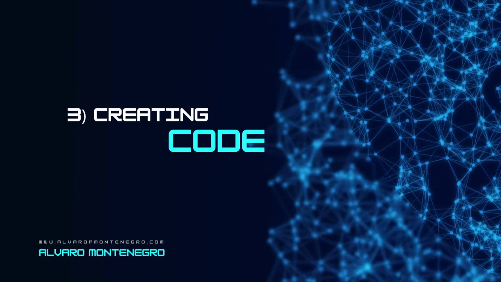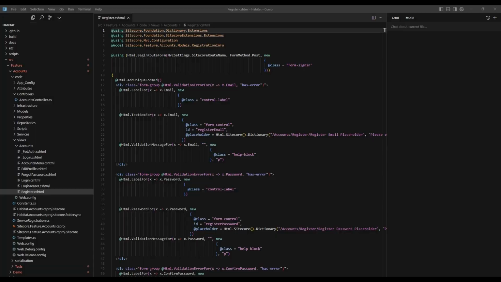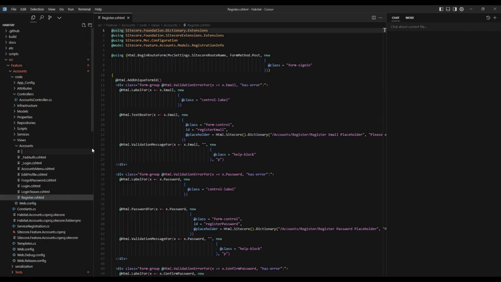Okay, the third use case is using it to create a basic code for controllers and views. I often need to create controllers and views for my features, and Cursor helps me creating the initial structure. This saves me time and allows me to focus on other important aspects of my development work. So here I'm gonna create a new file under accounts. I will name it as my view,